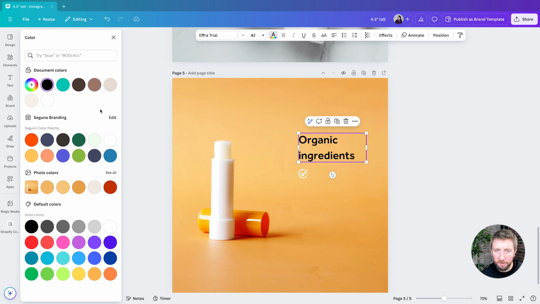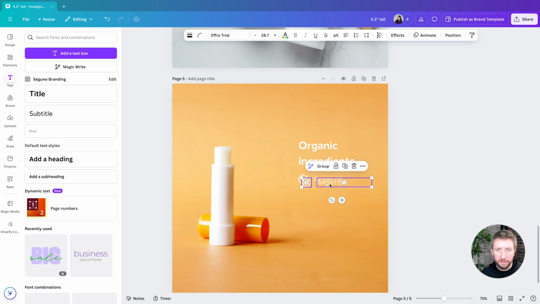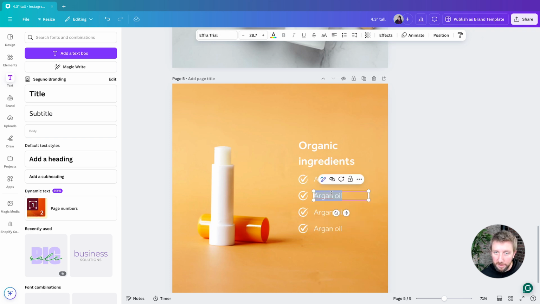Okay, let's soften it up a little bit. Green is not what I'm going for. Let's do white and let's make the text match as well. Okay. All right, now let's go ahead and add some of those ingredients and save some time. I'll just copy and paste this across. I've got 4 ingredients. So let's go ahead and paste those in. Get the spacing right. Okay, awesome. And then let's just update those 4 bullets. Okay. All right, looking pretty good.